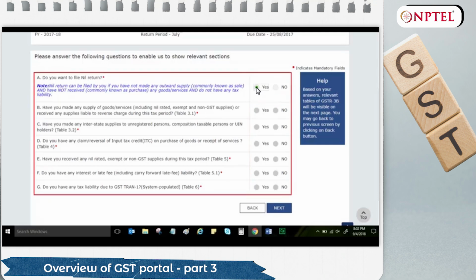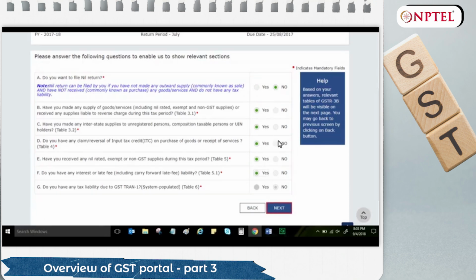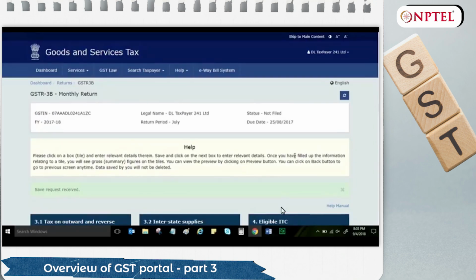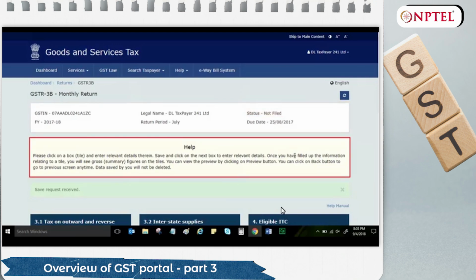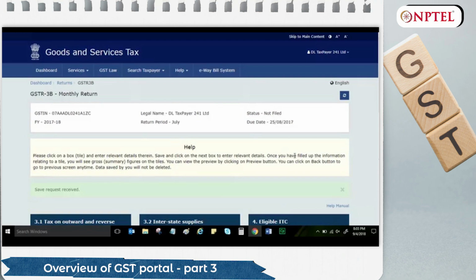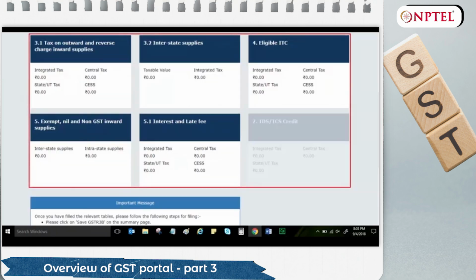For the purpose of this demonstration, let's not do this and answer all the questions relevant to our business and click Next. This is the GSTR-3B monthly return page. The white box here shows your return-related information and the return status. Read Help instructions and thereafter scroll down, and here are the tiles displayed based on what you selected as Yes